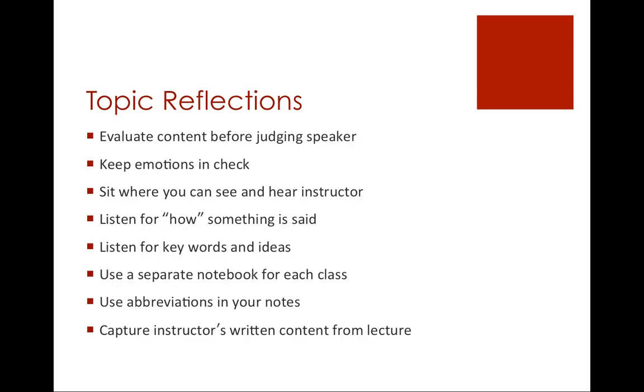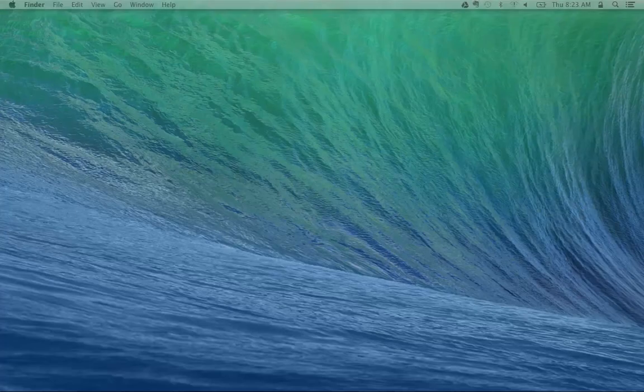Finally, we have the three R's, which are read, recite, and review. So reading is what we've been talking about so far. And so you can see a couple little tips and techniques here. Read entire paragraphs before highlighting, and do things like highlighting, taking notes, looking up unfamiliar words, and identifying main points. Most of the